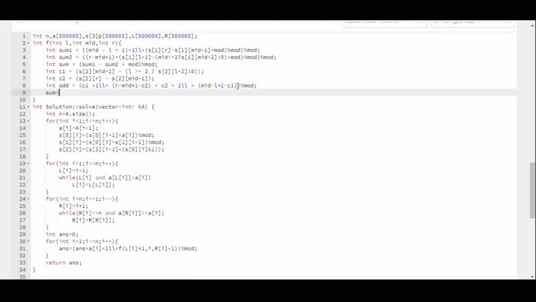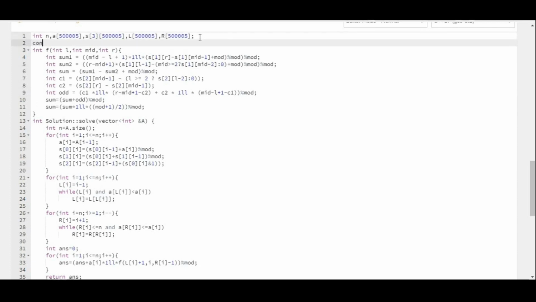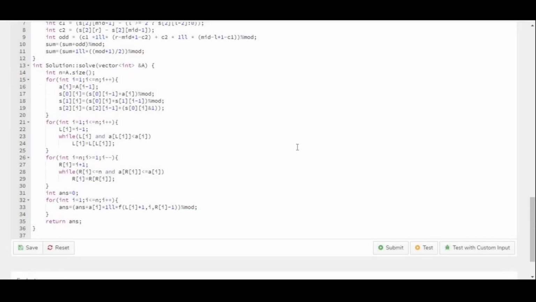Now we will add this odd sum to our total sum, and finally we will divide it by 2. So we will actually multiply it by the inverse of 2, and the inverse of 2 is (mod plus 1) by 2, modulo mod, and let's multiply 1LL here. Okay, so we have an extra p here. Also, we haven't defined mod yet. It's const int mod. I'm using const because if we define a variable as const, the modulo division operations are actually fast. So since this mod is const, this will be fast. Although that's not needed, it's good for general code.